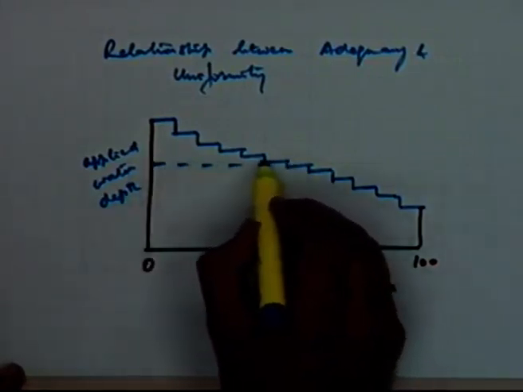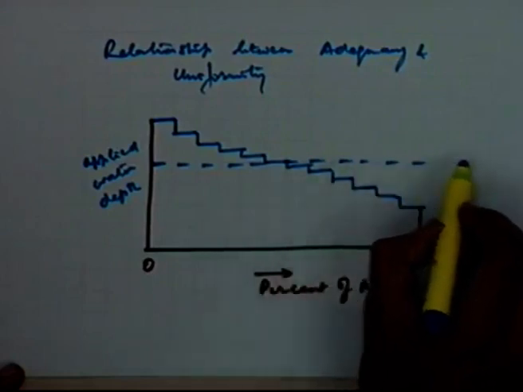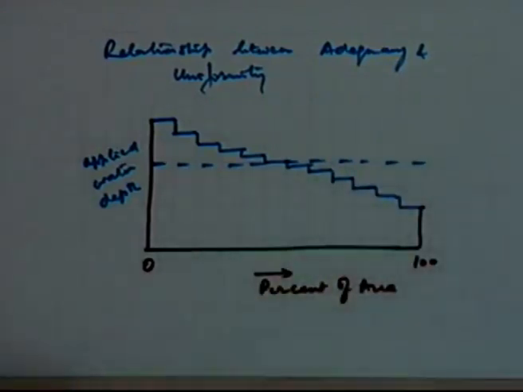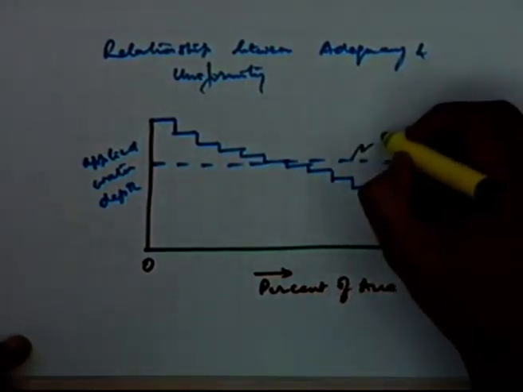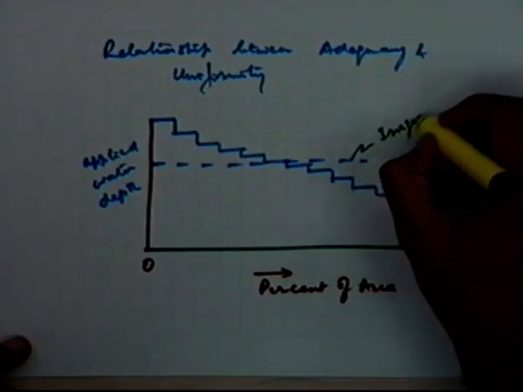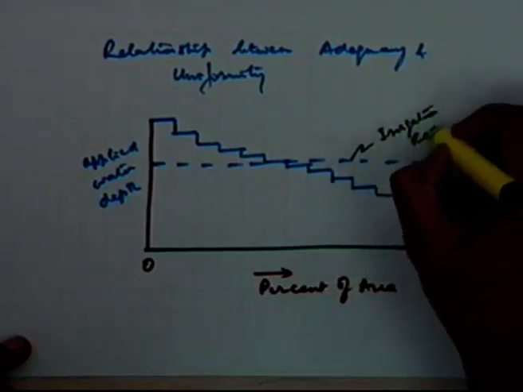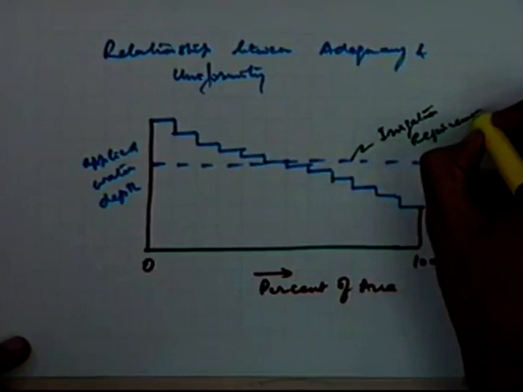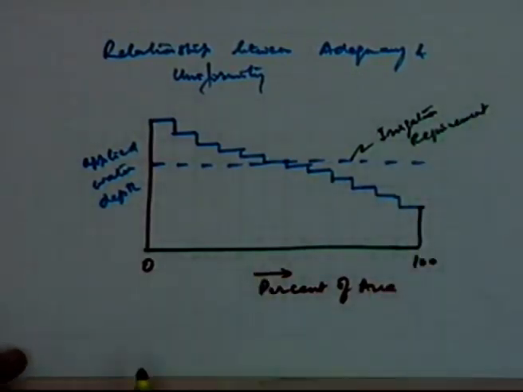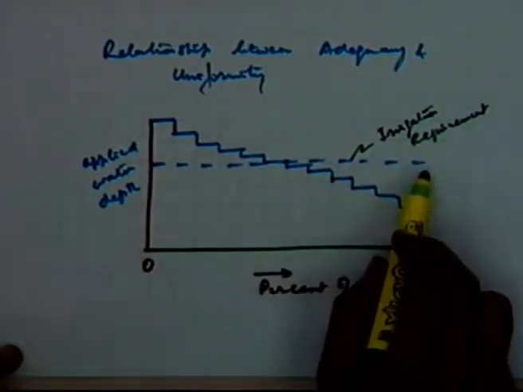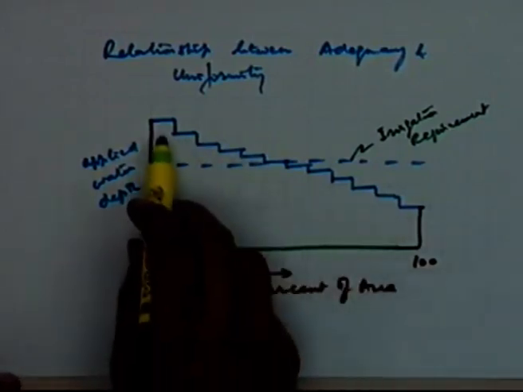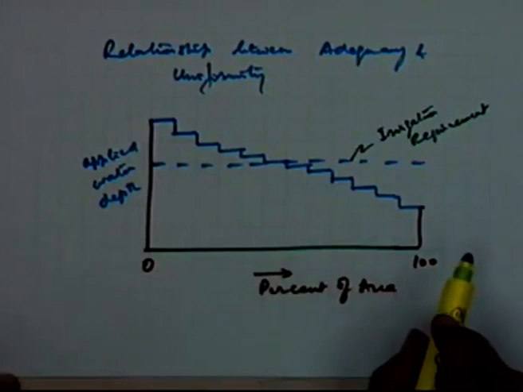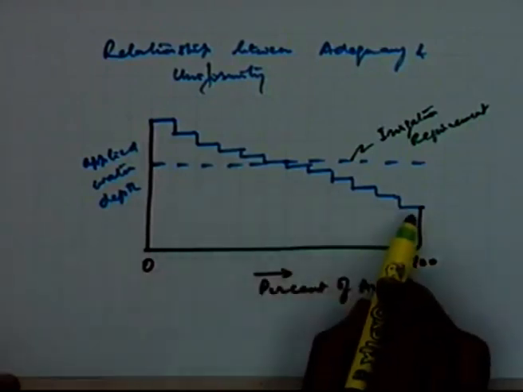And if this is the level which shows the irrigation requirement, in this particular case, this was the irrigation requirement and this is the actual application which you have made,